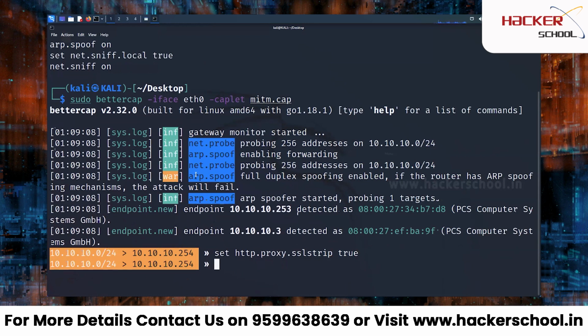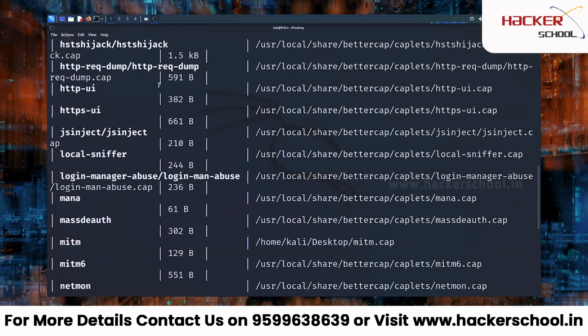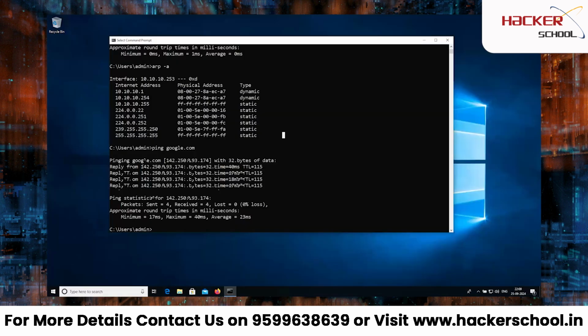Now verify all the caplets. When you run caplets.show, it should show a list of caplets. And from this list of caplets, you can pick hstshijack. Specify that caplet. Done. Now, if the target is trying to visit some